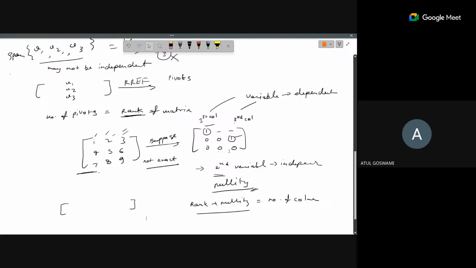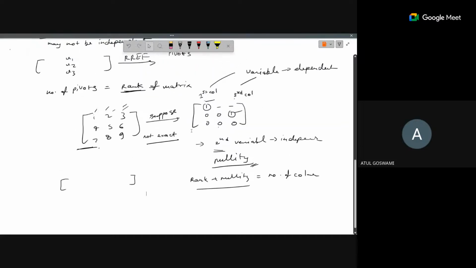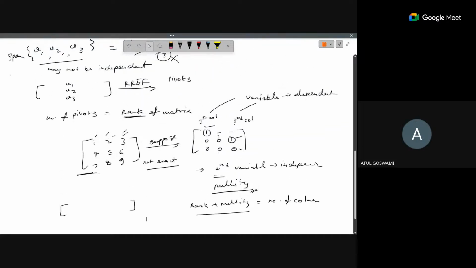The number of pivots would be the rank of the matrix. Okay, that's it. And the dimension is the number of independent variables, where we club together the dependent variables. Suppose there are two, we'll take just one from there, and if there are three, then we will take